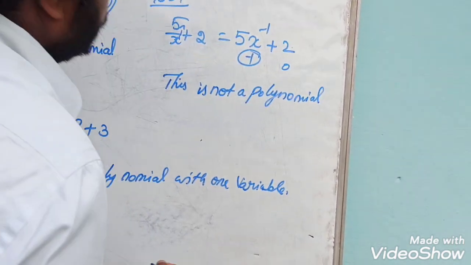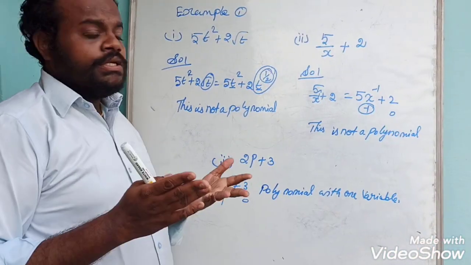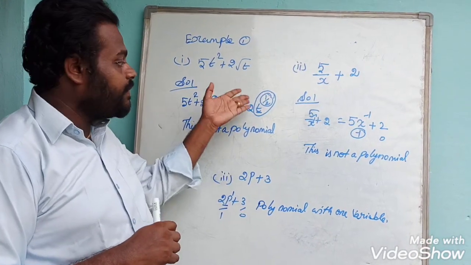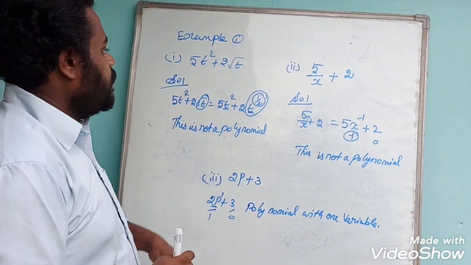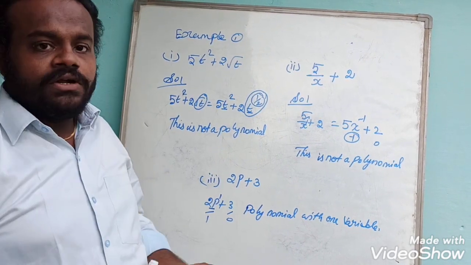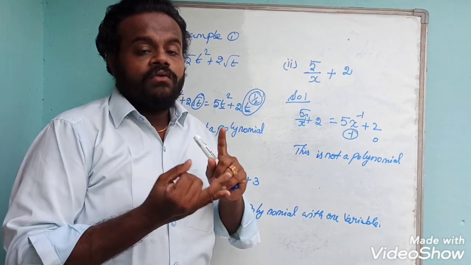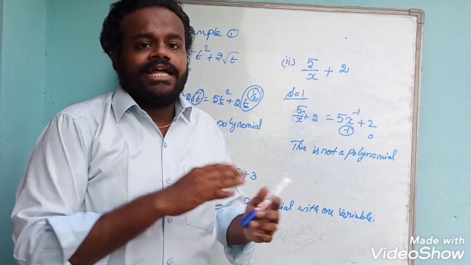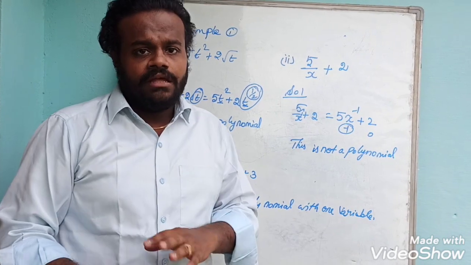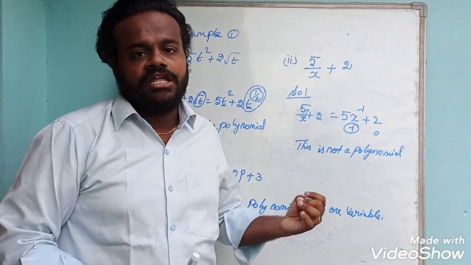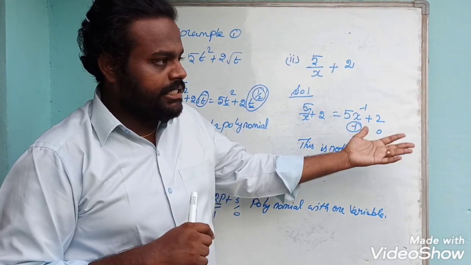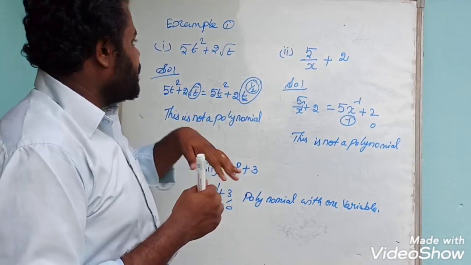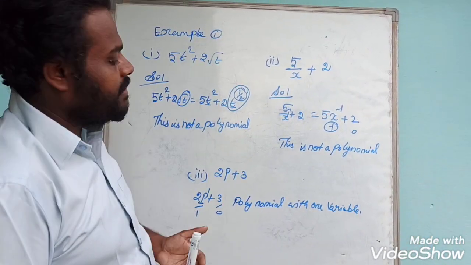So now students, you can easily understand that if the exponent of the power is a negative integer or a fraction, that is not a polynomial. So in today's class we saw what is meant by a polynomial, the definitions of terms, expression, degree, and types of polynomial by terms and degree. Terms means monomial, binomial, and trinomial, and degree means linear, quadratic, and cubic. And next, polynomials with one variable with some examples.